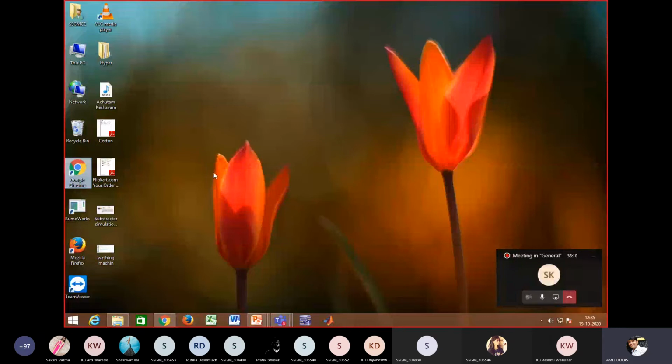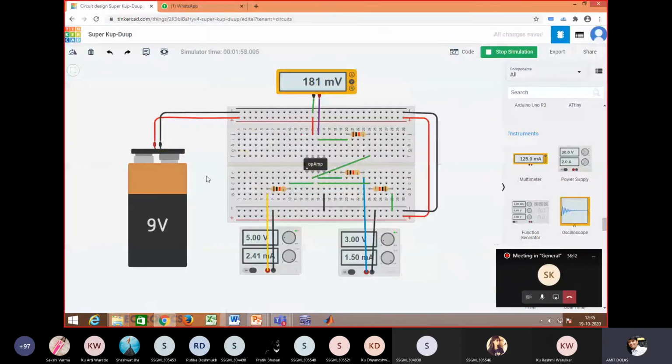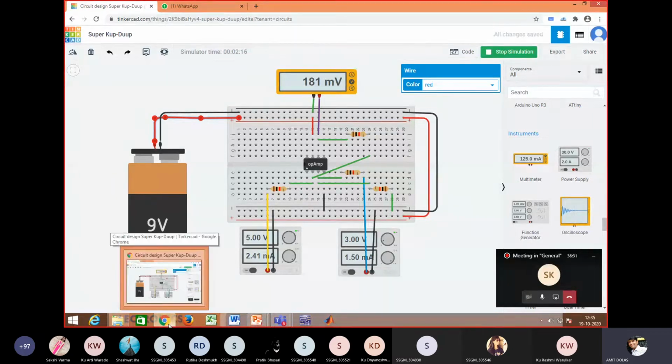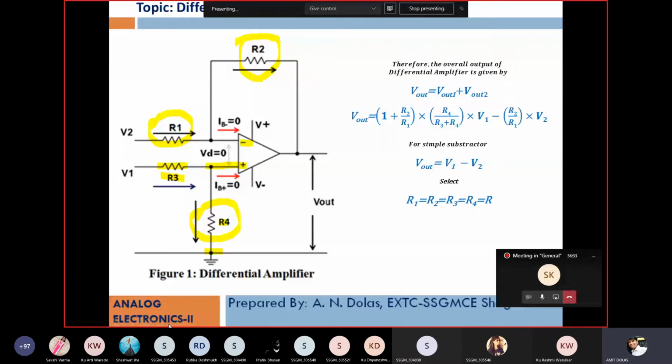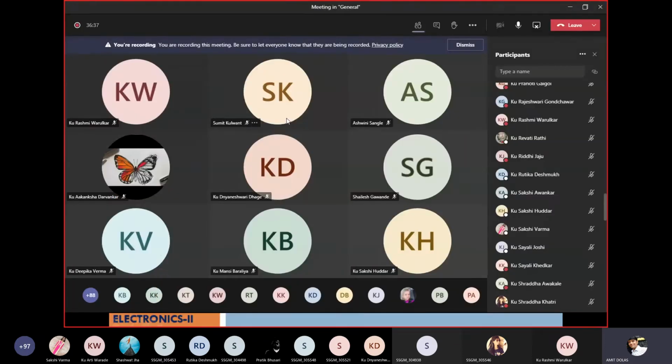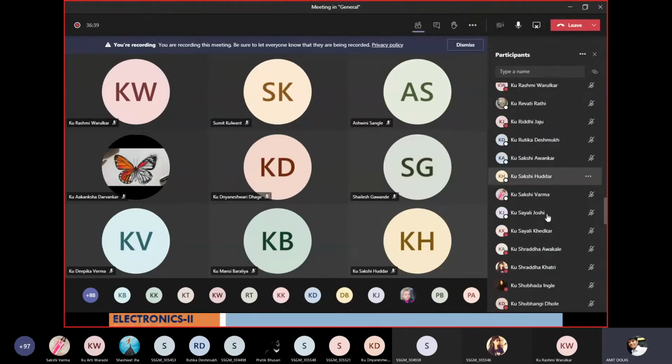If you want to give your answer like this, I'll show you. This is the plus terminal. This is plus, we are already connected. And this is minus, we have already connected. This minus is already connected here. This plus is already connected here. I want a closer answer. Sumit, think over it and answer.